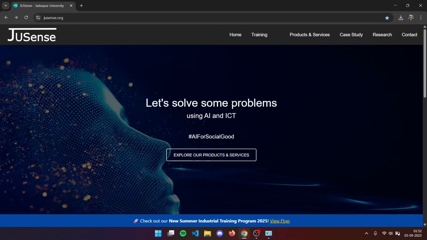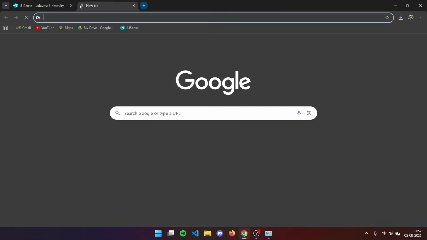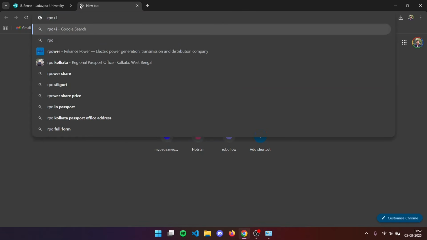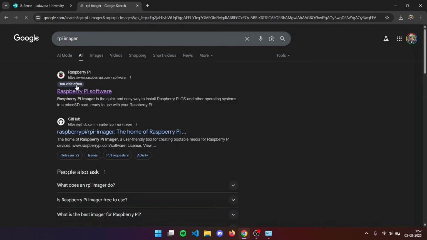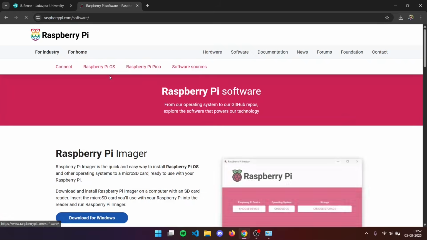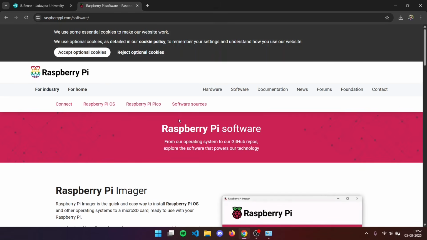Okay, so I'm going to demonstrate how we can set up the Raspberry Pi 5. So first we will need an imager. We are going to use RPi imager. You can use other imagers like Balena Etcher or so, but we're going to use the Raspberry Pi software, the RPi imager. So we're going to download it from the official website,